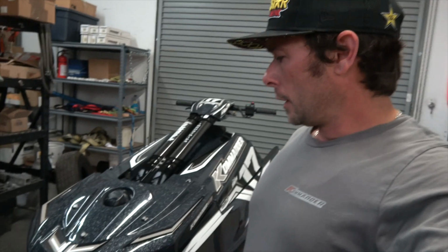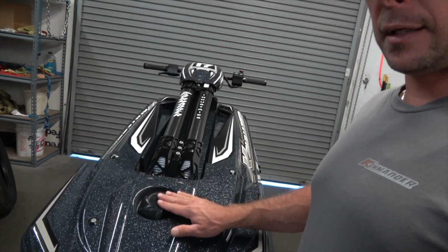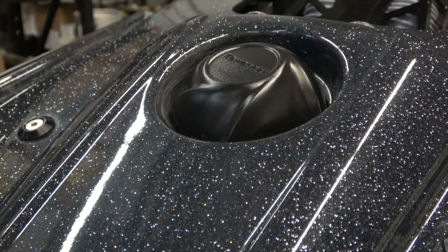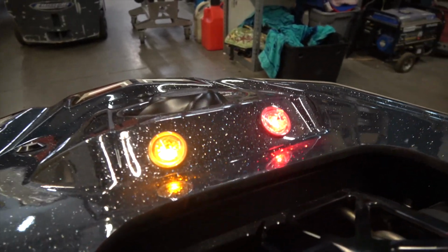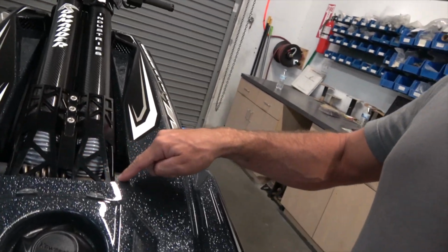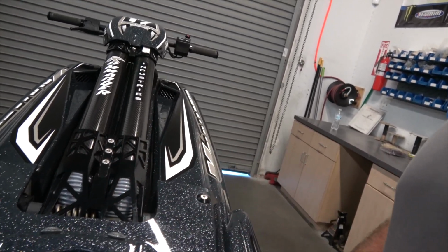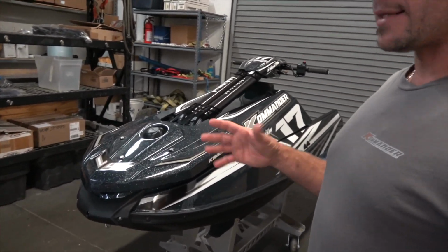This GP1 has got our new nose piece. It has the recessed gas filler, so not the aviation style anymore, but a screw-on gas filler. It has the fuel light, engine check light built into the nose piece, and also the new nose piece cleans up all of this area here around the hood latches, the hood clips, all of that. So gives the ski a little bit more of a polished look, more integration, and has a little bit of